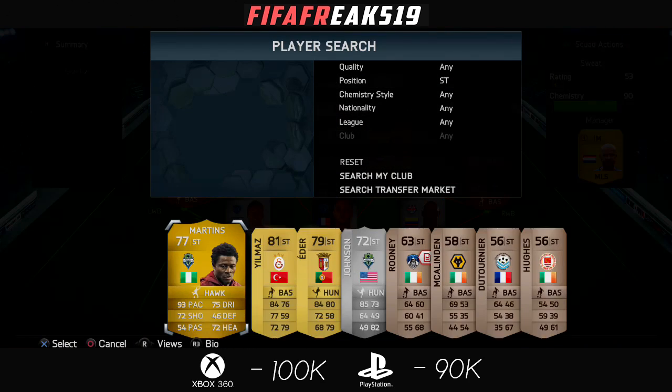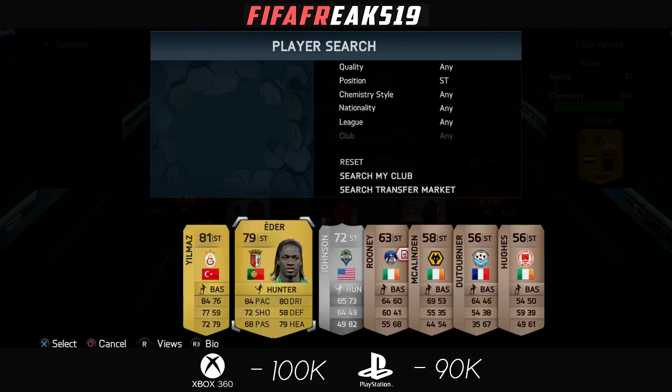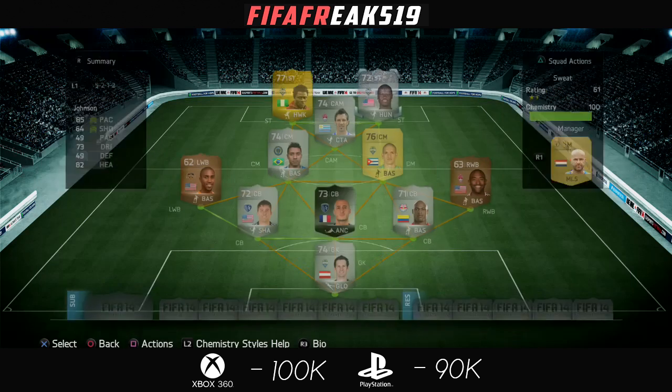Now moving on to the strikers of this team, we'll put Martins on this side, and on this side we are going to be putting Johnson. And we do have Eddie Johnson over here for 15,000 coins. This guy was so much fun to play with, and was by far the best player in this whole team. 15 goals in 14 games and 3 assists. That's absolutely amazing for a formation where you have 2 strikers,